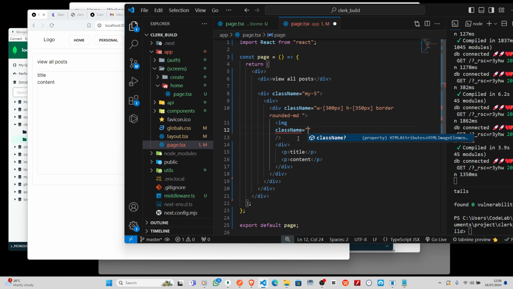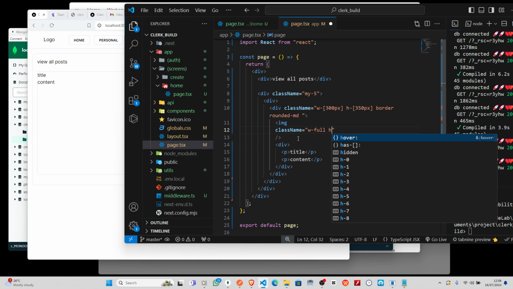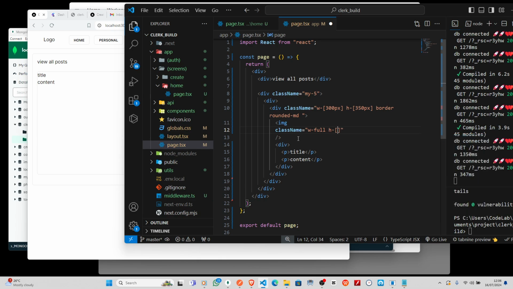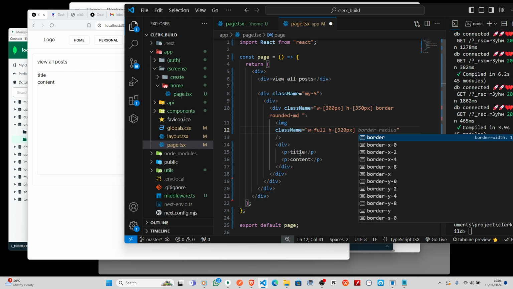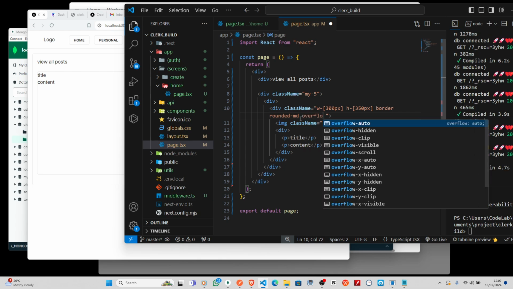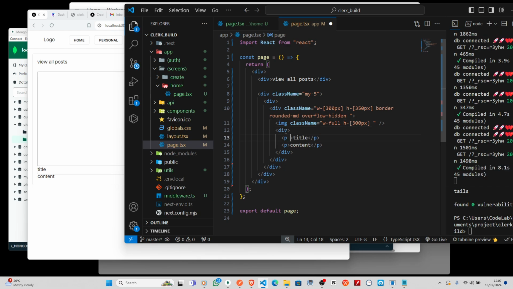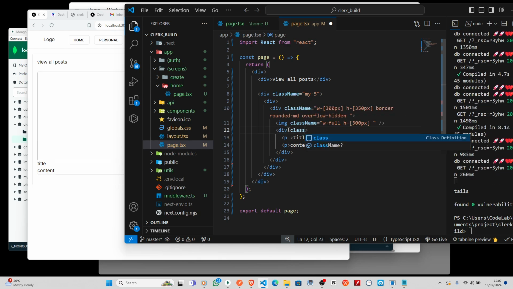This one will take width full, height to be like maybe 320px, and I'll leave it like that. So here I say overflow hidden, and save that. So let me make it 300 here. For here, let me start from here. So class name